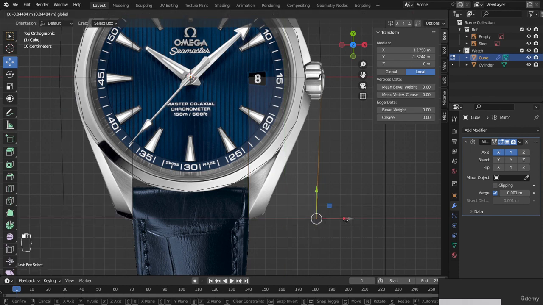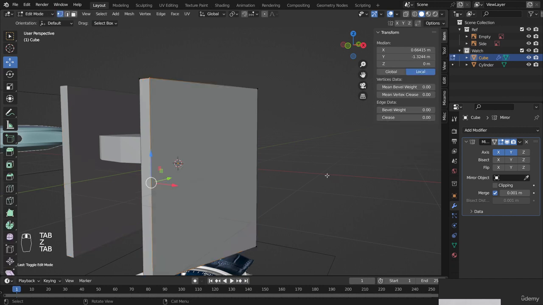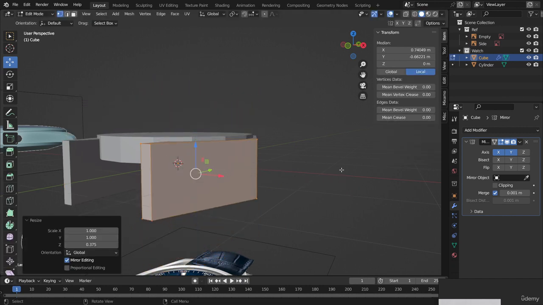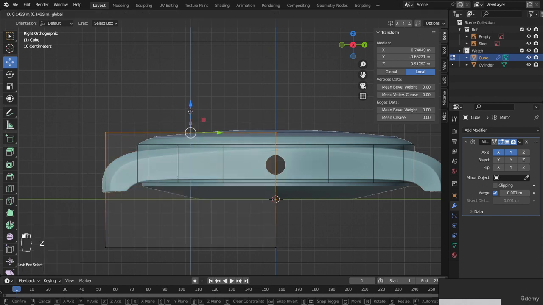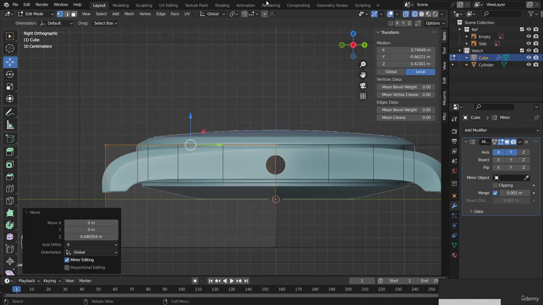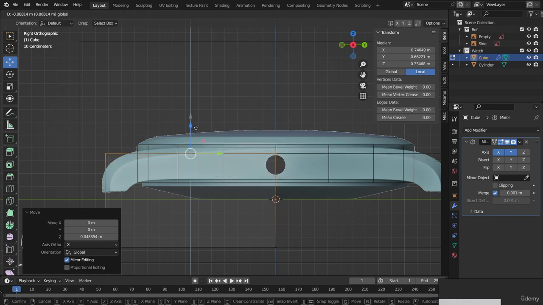Let's go. Okay, now if I put this guy here, perfect. Let's go to the side view, select everything, move this guy up till here. So if you want to be precise about it, you could change this to vertices. And when you're moving this guy,